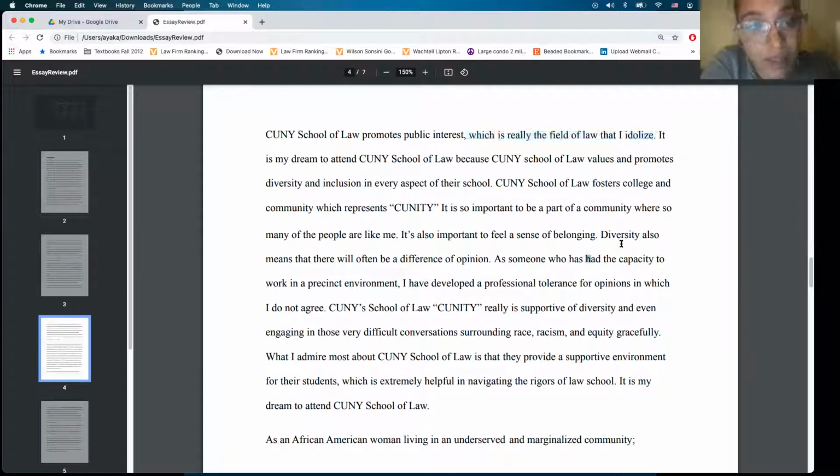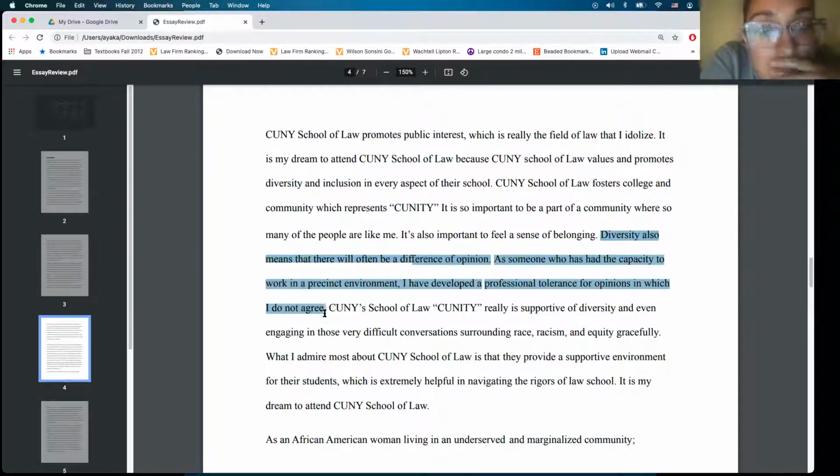They bring up, where is it? Is it this one? Yeah. "I've developed a professional tolerance for opinions with which I do not agree." I'm like, that's super powerful. That is so powerful. And it's actually, location wise,